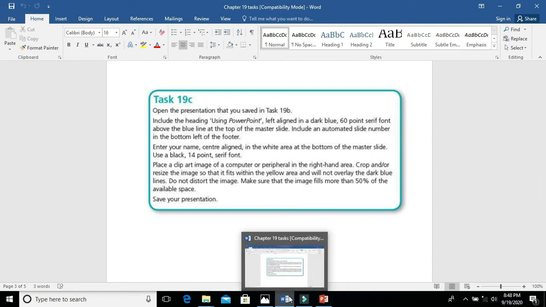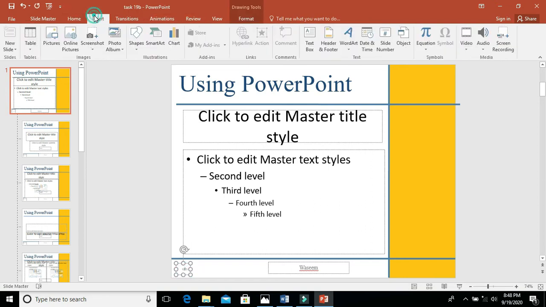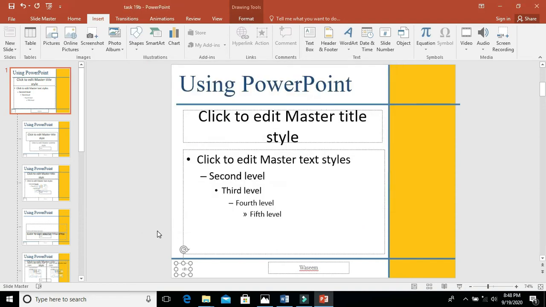So to get the automated slide number, here you need to go to Insert, Header and Footer. In the footer you must check the box for slide number and the box for footer. If you don't do this, your slide number and your footer will not appear on normal slides. So you have to make sure these two are selected. If they ask for the date also, then select date as well and apply to all. That's it. So these two will appear there. If you don't do this, it will not appear.